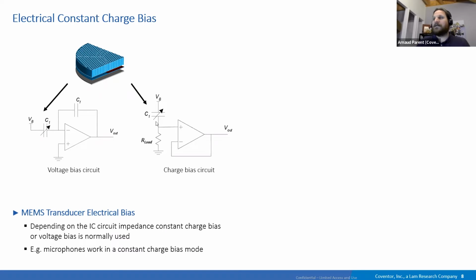on the two electrodes of the variable capacitance, you now have a constant charge. What's going to change is the voltage, which you can directly capture with an amplifier. Here it's just a follower amplifier and an inverter. And for the voltage bias, what you are capturing is a change of charge. They are two opposite ways of working, with two opposite ways of doing the first stage of electronics of a device when you want to capture a change of capacitance.